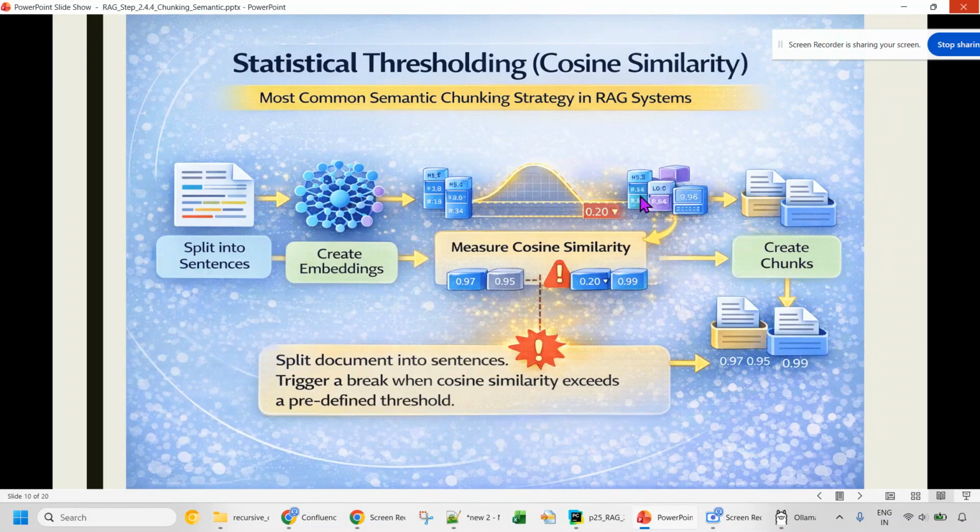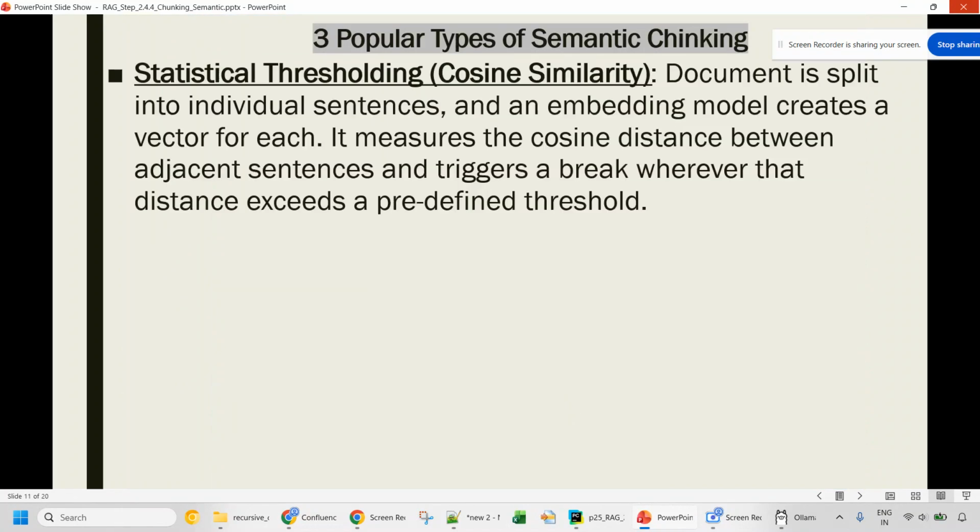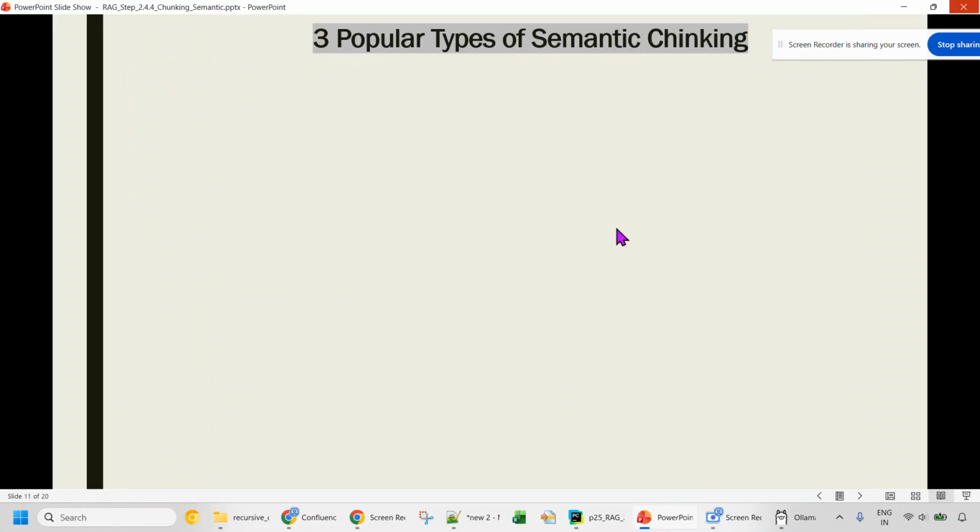Once they are clustered or grouped, they are kept in different packets, and then chunks are created. Okay, and again the similarity score is maintained, right? So split the document into sentences, trigger a break when the cosine distance exceeds a predefined threshold, right? Okay, let's proceed. One more type is statistical thresholding, also called as a co